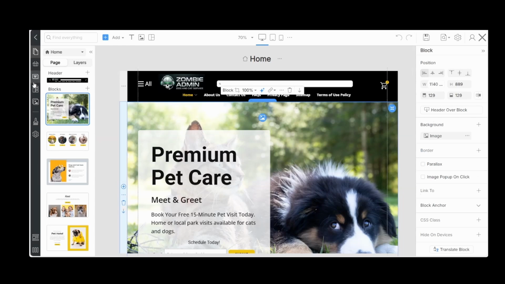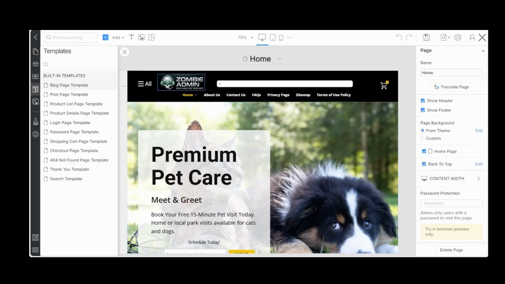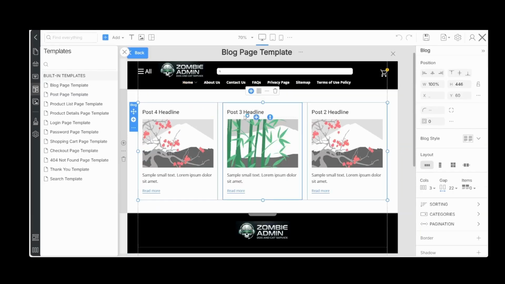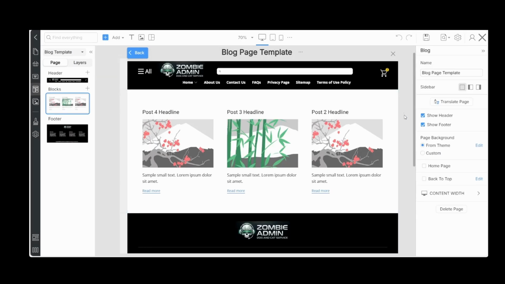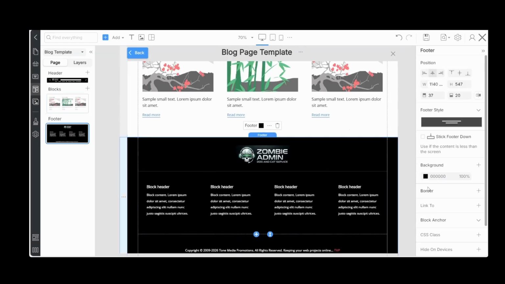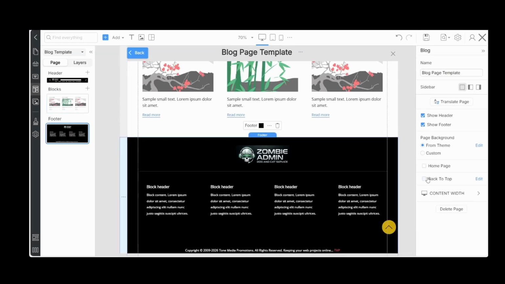Now let's head to Templates. Click on the blog template. Now this shows you the positioning. Now click inside the white box. Now click outside the white box on the gray area, and that's going to bring you up to the name, header, footer, and home page. Click on back to the top there, and I suggest doing that for the post. That's going to clean it up and all the other pages.